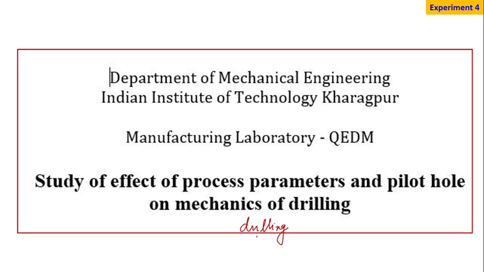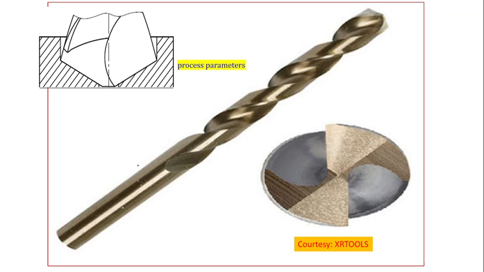Drilling is a hole making process, as you know. So this is a twist drill. It's called a twist drill because of the twisting flutes. This is the drilling point. If you look at the drill from this point of view, you will get this particular view. This is one of the cutting edges. This is another cutting edge, and they are joined by this particular edge, which is called the chisel edge. These are the flutes that you can see. So this is the drill point as you are looking from the lower side.